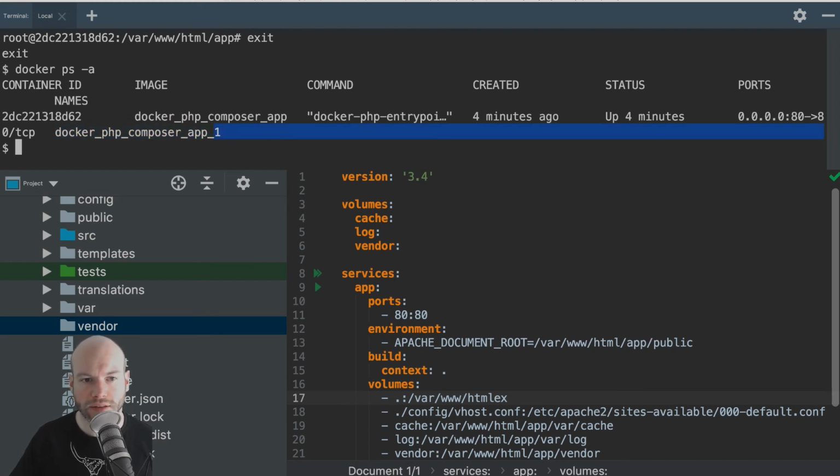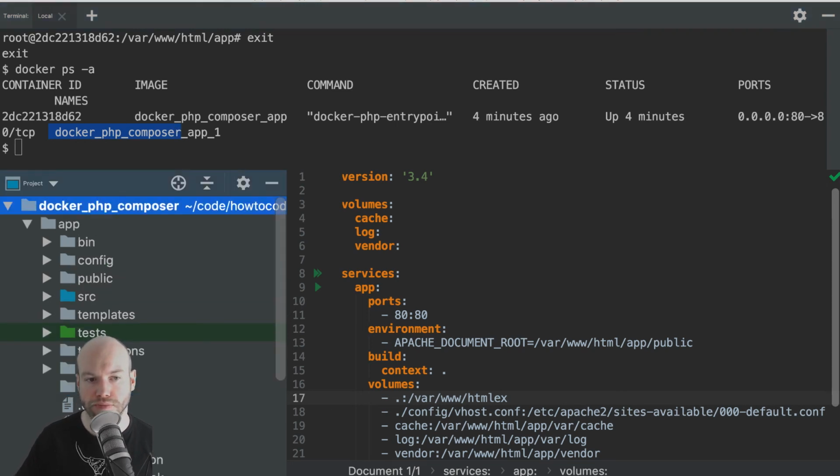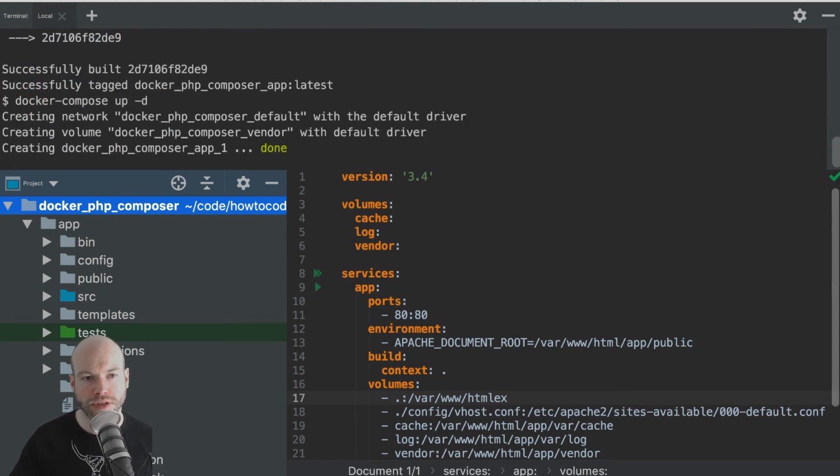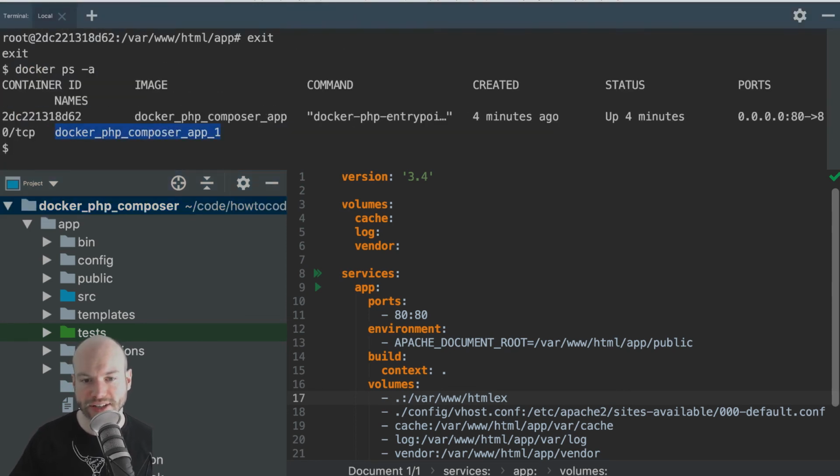One being that you could have more than one container created from the image. So you could have app 2, app 3, app 4, and so forth. But the fact that it's Docker PHP Composer is because we are in the Docker PHP Composer project. So you've got to be careful there that you name your structure correctly. And it's called app because that is the service name, which is app.